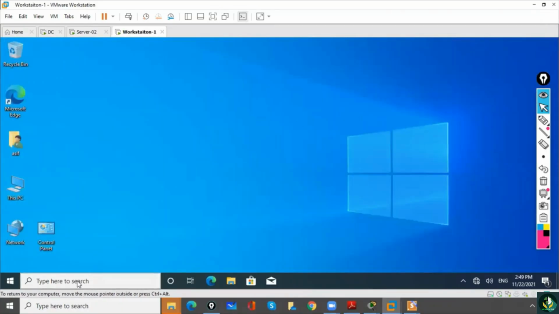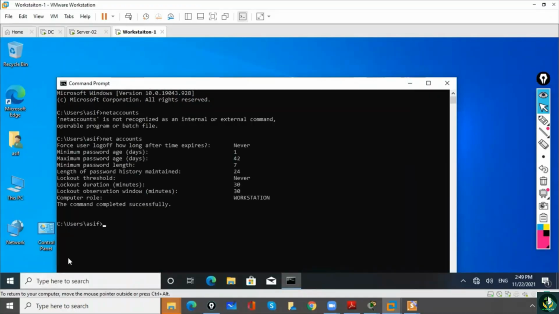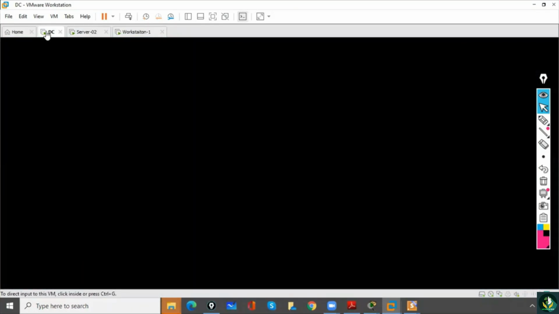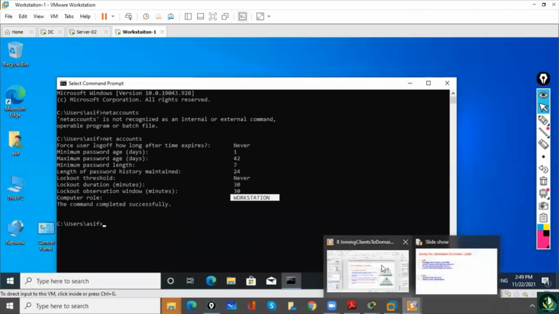Okay, and if you go to command prompt and type net accounts, it will show you workstation. Okay, it is a workstation, it is a member server, and this is the domain controller or primary. Okay, so we have successfully